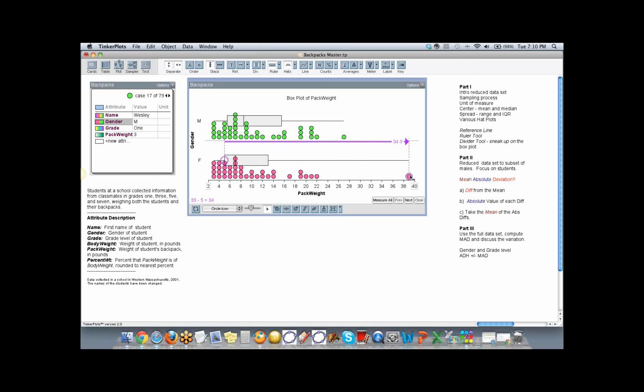Because if I go out here and look at this range, that's quite large. But is it true that the females have more variability? And I think you would agree that it doesn't. If we start to look at interquartile range for the females, we get an interquartile range of 8. And if we look at this for males, what do we get for the interquartile range? It's going to be larger. So it's actually 10. So that's kind of interesting.